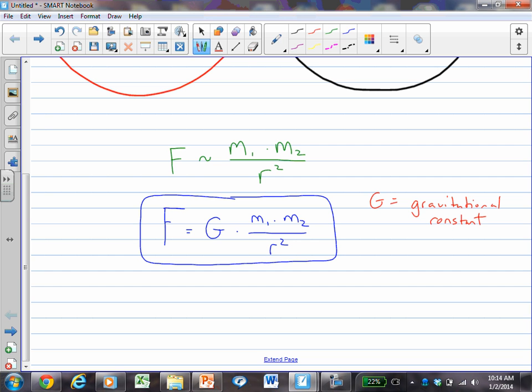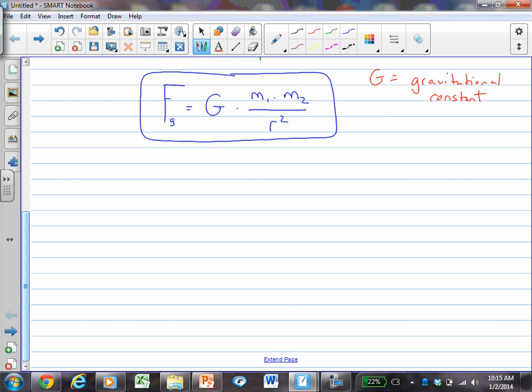So we could see that we could get this force of gravity. We could even call it Fg. And if we could figure out what big G was, and we could make the units balance, we could figure out the units of G. Let's see what the units of G are. Since we have newtons over here on this side, which is kilograms times meters per second squared, and over here we have kilograms squared over meters squared,